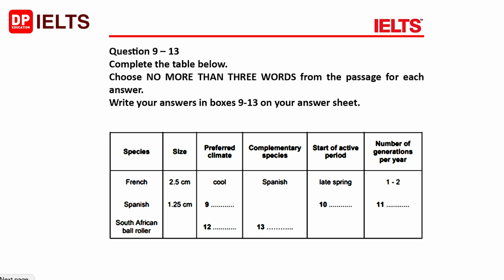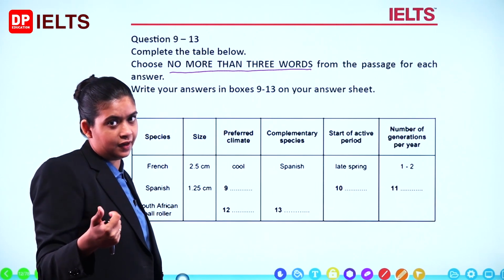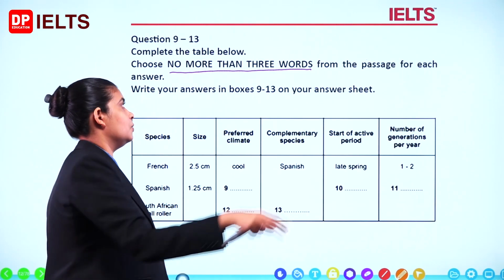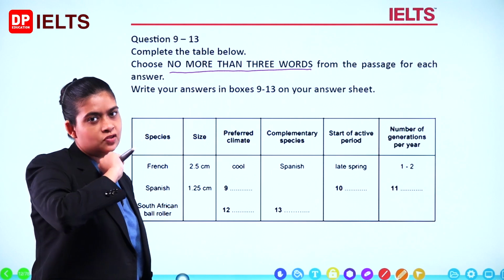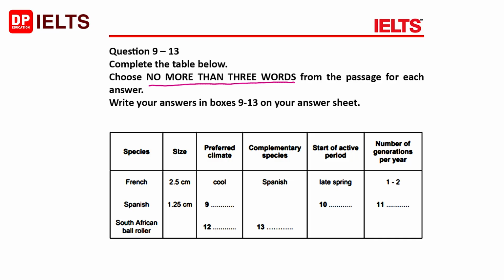Questions 9 to 13. Complete the table. Instructions: no more than 3 words. Remember, follow the instructions. Answers need to be grammatically correct. Spellings need to be correct. You have to make sure that you fit in with the instructions, right? So we've got a table: species, size, preferred climate, complementary species, start of active period, number of generations per year,